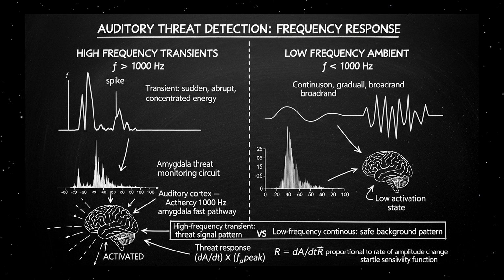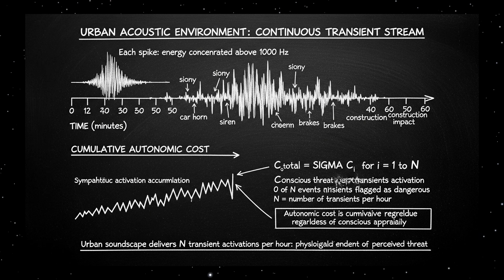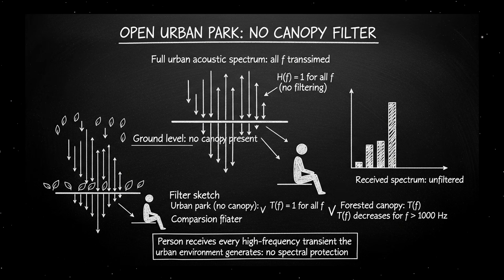High-frequency transients, sudden, sharp sounds with energy concentrated above 1000 Hz, activate the amygdala's threat monitoring circuits. Urban environments deliver a continuous stream of these transients. Car horns, sirens, brakes, construction impacts, each one briefly activating the threat detection system regardless of whether the conscious mind judges the sound as dangerous. Autonomic cost is cumulative. A person sitting in an urban park without canopy cover receives every high-frequency transient the city